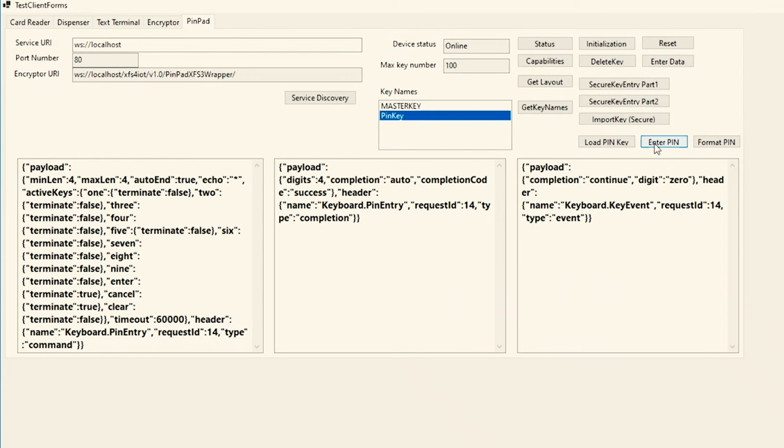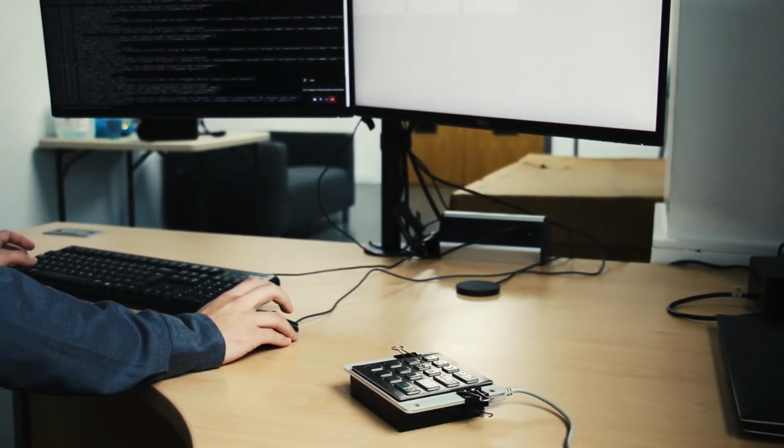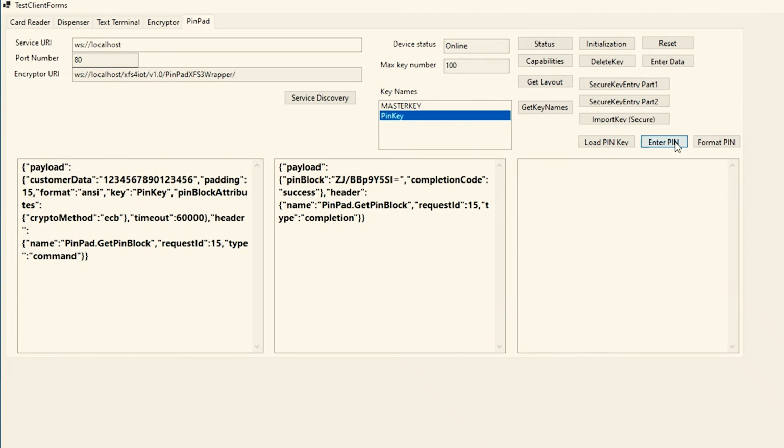So we enter a PIN, which is then typed into the device and held inside the device, and then we encrypt the PIN using that key we loaded previously. That format PIN command will encrypt the PIN and return that encrypted PIN block, which can't be decrypted without that